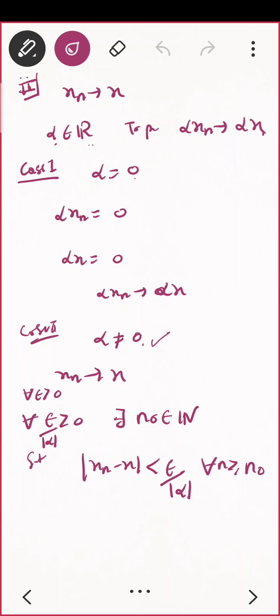Yes, at the end I understood what we need: epsilon upon 2. We don't require epsilon because at the end there is going to be an addition. Do you agree? Go back to the proof once again and see. If you have any doubt, then ask me.